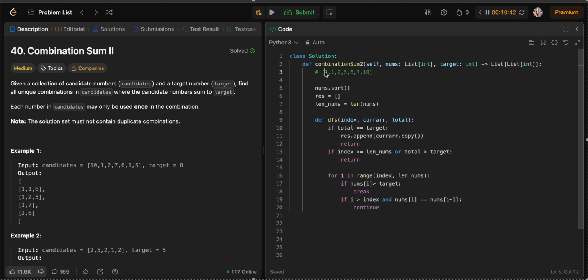So consider this, I have processed this element, and I have found one combination, 1 2 5. Now this element I have processed already. Now I'll go next, but I'll check whether we have already visited this one earlier. So yes, we have visited it already, so we will not take this. I greater than index and nums of i equal to nums of i minus 1, but there is a chance that we don't take it. But if you take it also,